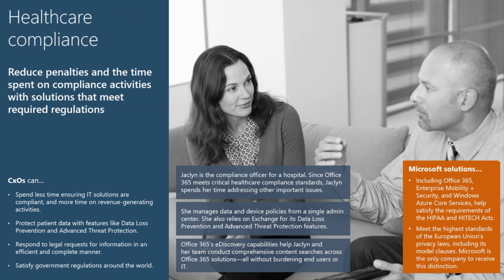And healthcare compliance, right? That is a big deal. That is on top of mind for many of these CXOs out there for healthcare organizations, because it can be very expensive if information is leaked out, patient health information especially. Each record costs a certain amount of money from a fine perspective, but then there's untold damage to the reputation of your organization and a lot of other consequences to any of that sort of data